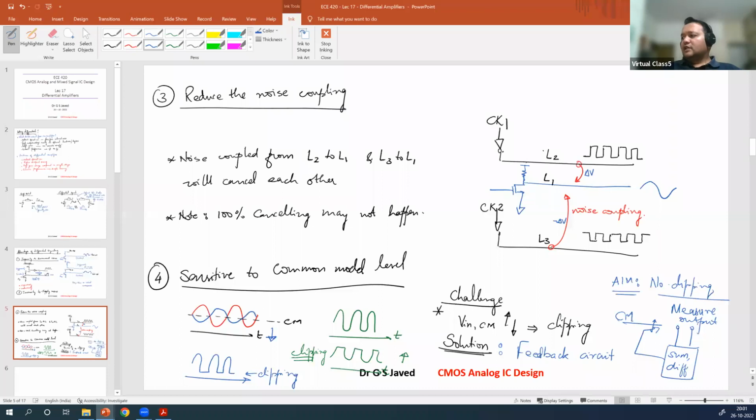So this feedback loop is called a common mode feedback circuit. Every differential circuit has a common mode feedback circuit to ensure that the common mode is fixed at the place where it needs to be. Okay. So wherever there is a non-ideal common mode,